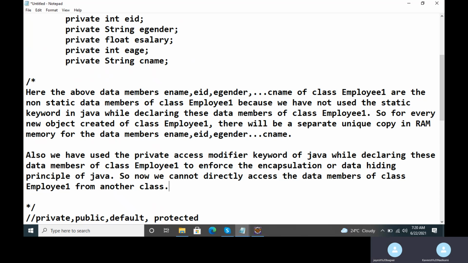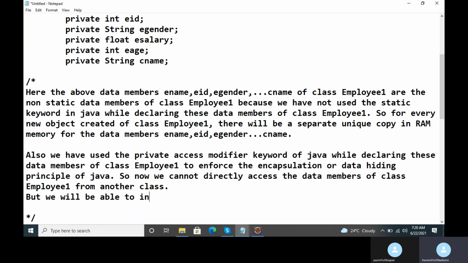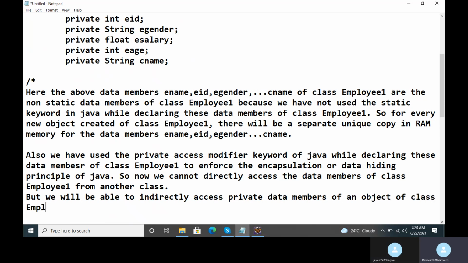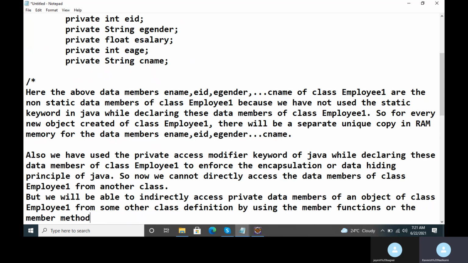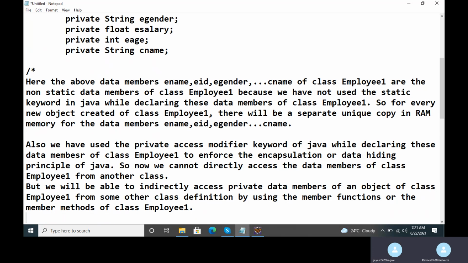But we will be able to indirectly access the private data members of an object of class employee1 from some other class, by using the member functions or the member methods of which class? Class employee1.